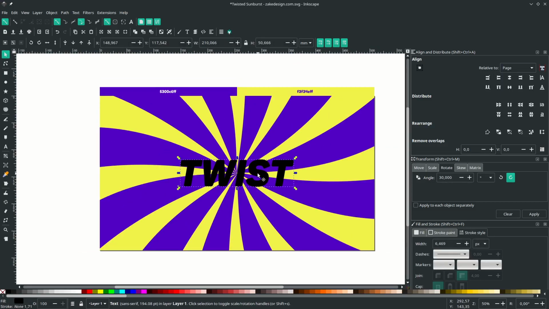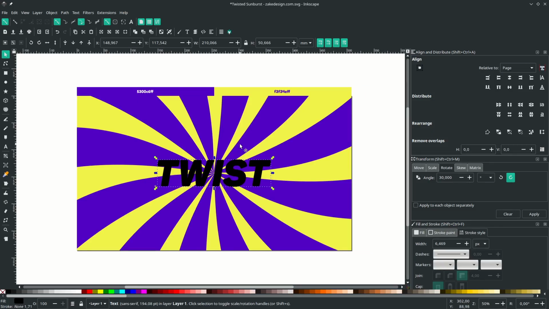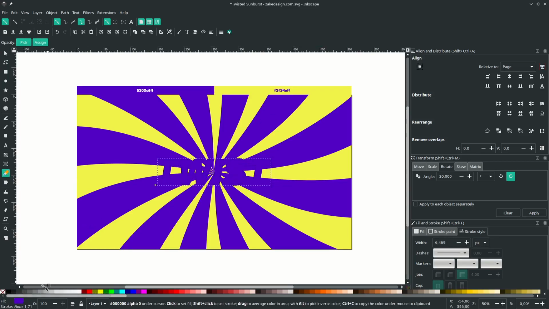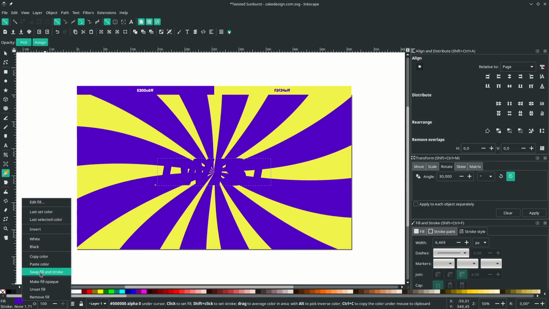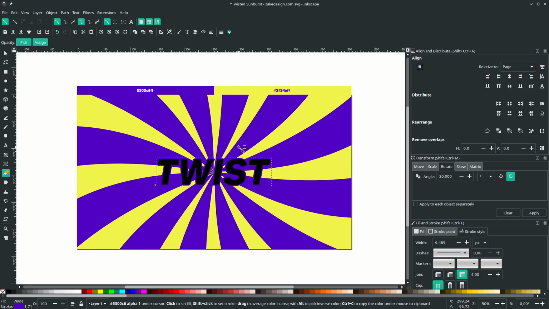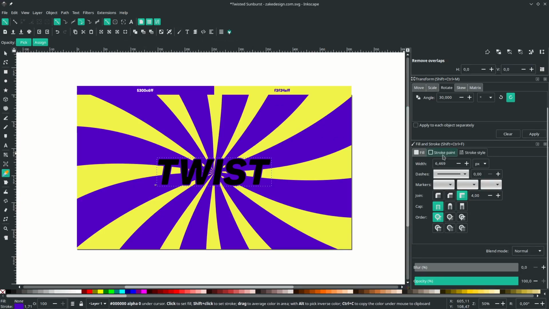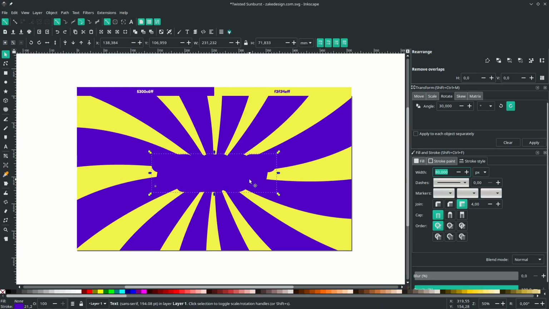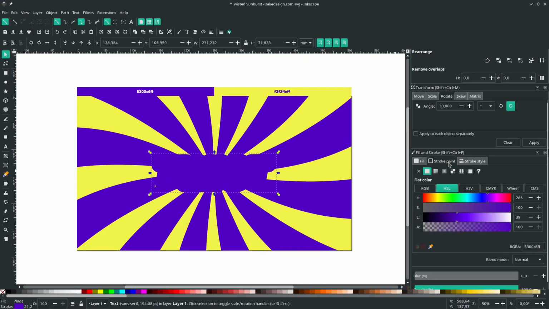Next, you're going to make the outer stroke. Duplicate this by pressing Ctrl D and change the color to this color. And you can swap it to become a stroke. Right click, choose Swap Fill and Stroke. Increase the stroke width by going to Edit Objects and go to the Stroke Style. Make it 80. Make it a little darker by going to the Stroke Paint tab. This is in HSL. Just select down the lightness so it makes it a little darker. And move it to the lower back by pressing F1.